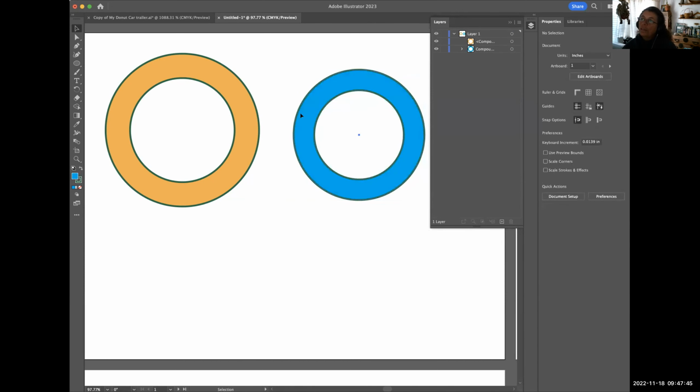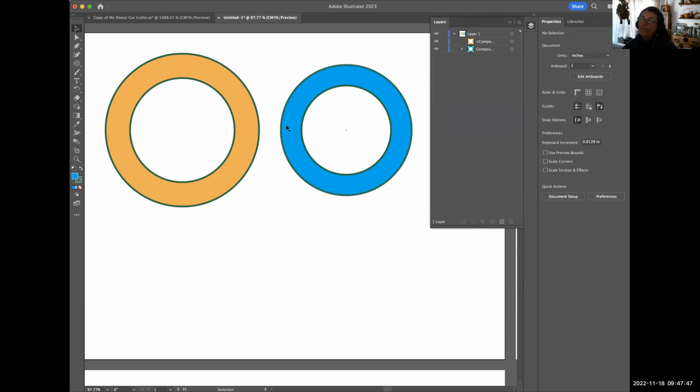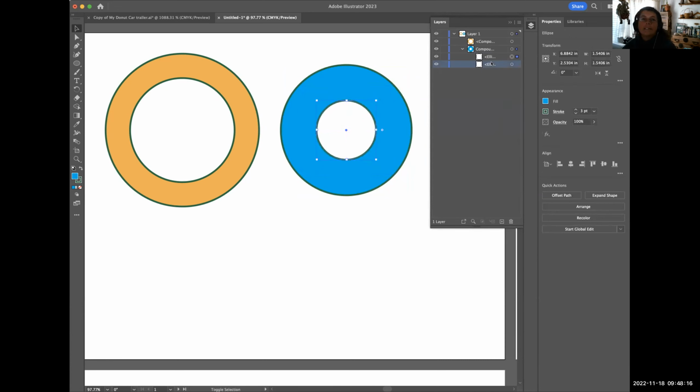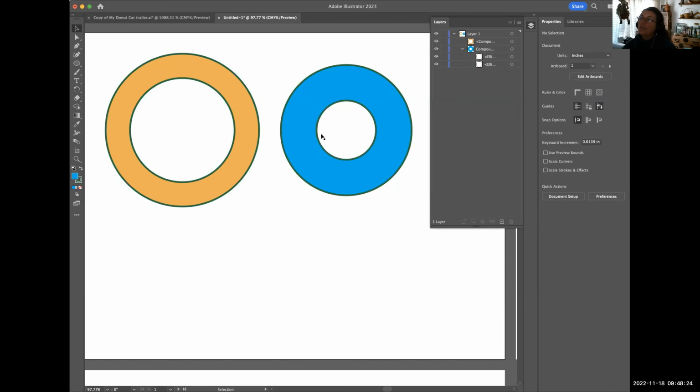So visually, these and these are the same. But when I look at my layers, the second way of compounding it still has kept my two shapes. So I can select one of these two shapes and work with them. I can select the little internal one and still click and drag and make it bigger or smaller. So it's a compound shape, but I haven't lost the elements that made it exist. Does that make sense? It shows up knocked out, but I still have access to those two individual shapes versus